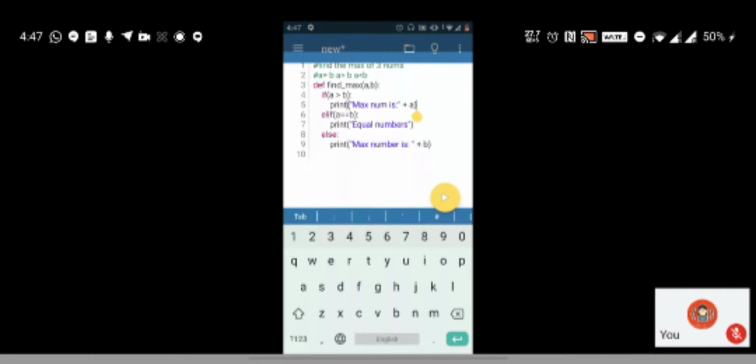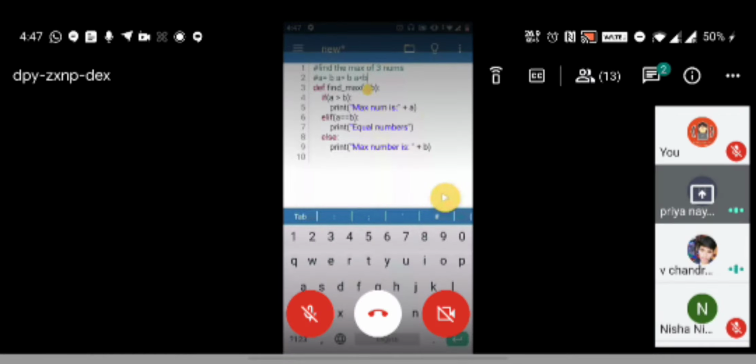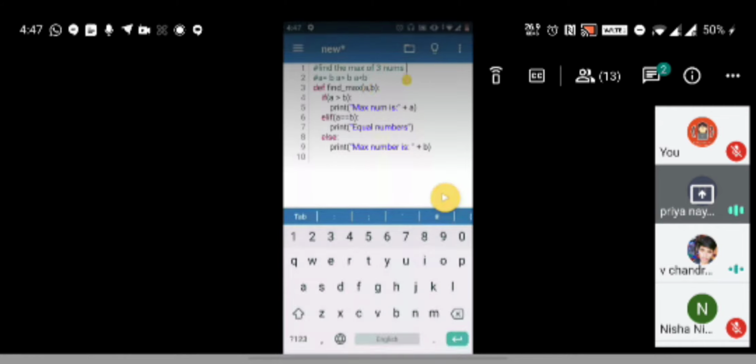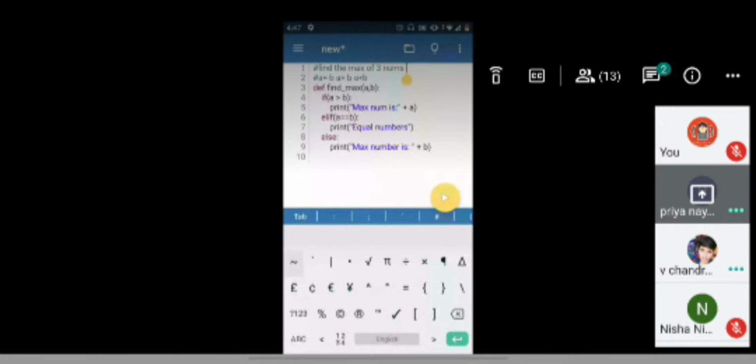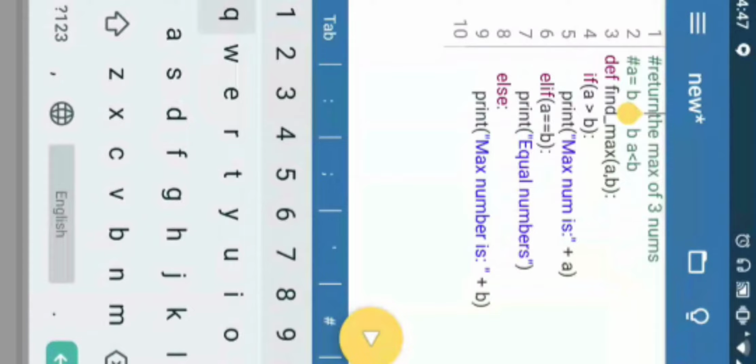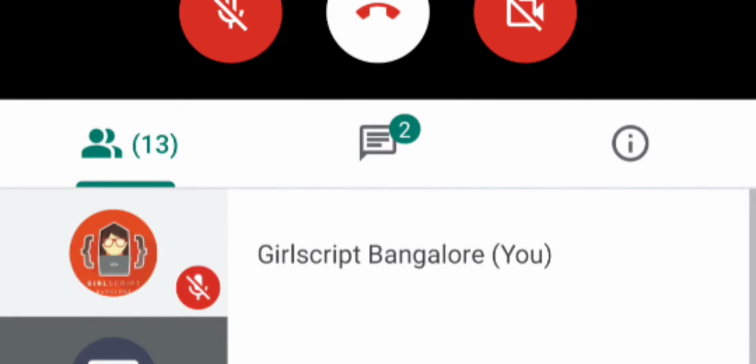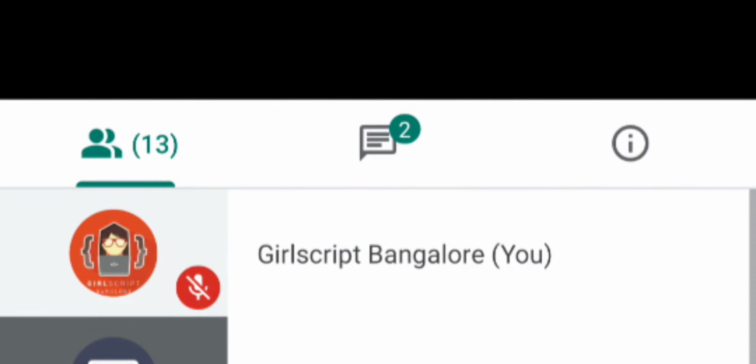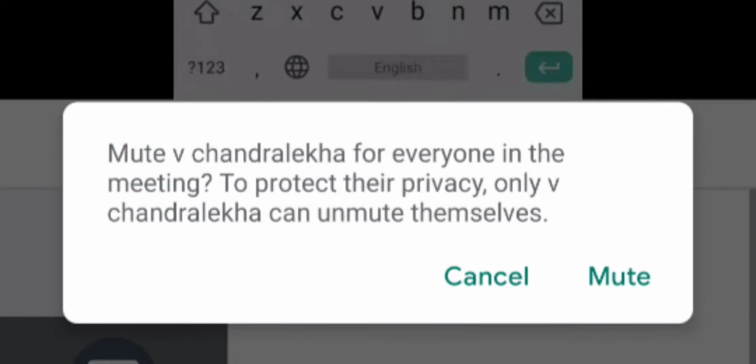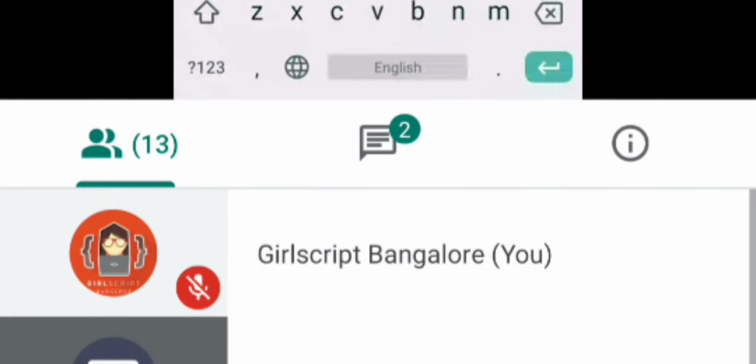So here in this case, if I don't want to print and I just want to return the maximum number, instead of printing here, I am just going to say return.